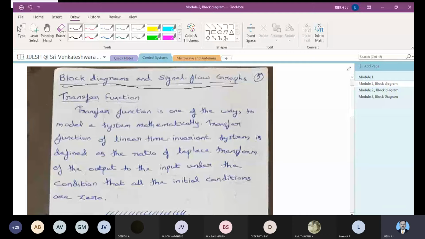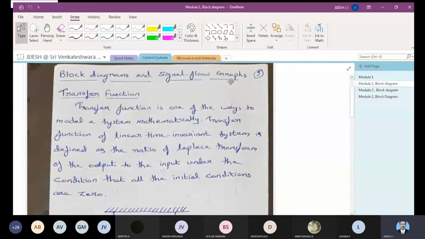So first we'll see here, we will be studying what do you mean by block diagram, how to simplify a block further, what is the need of a signal flow graph, how the signal flow graphs has to be taken care, what is a transfer function, and all those things. So all these categories has to be understood clearly.